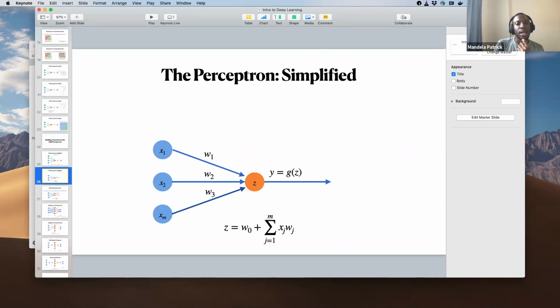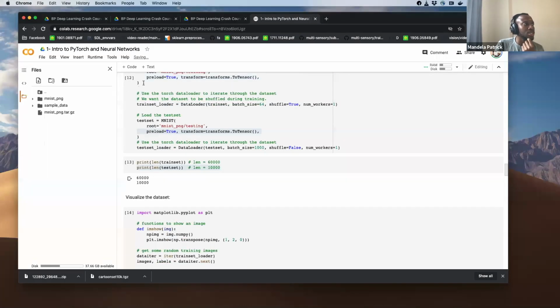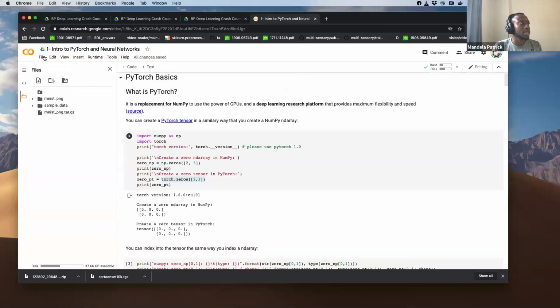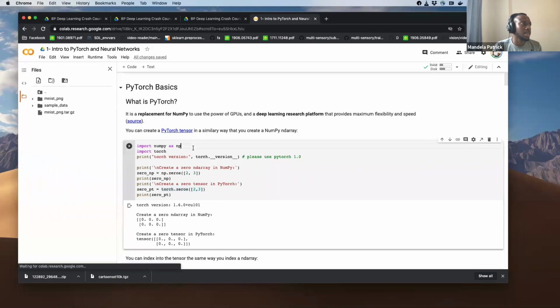People are asking how to use the notebook. PyTorch should be installed automatically in the notebook. This notebook works out of the box. You just need to do File and then Save a copy in Drive, and then you could play with it yourself.